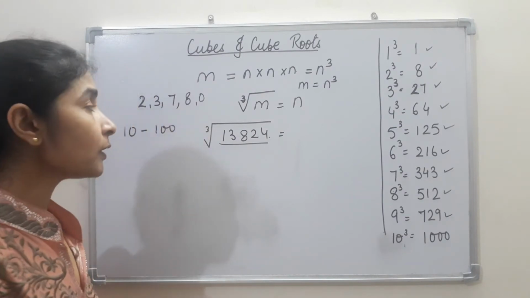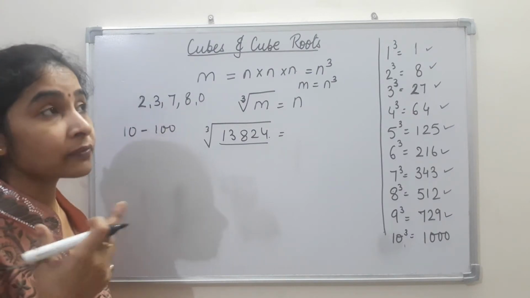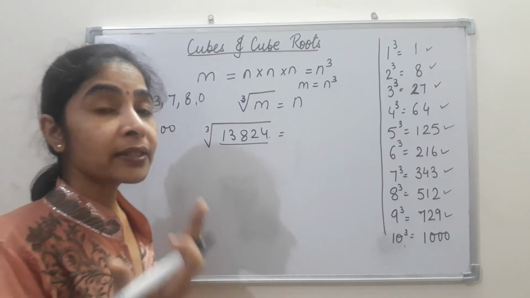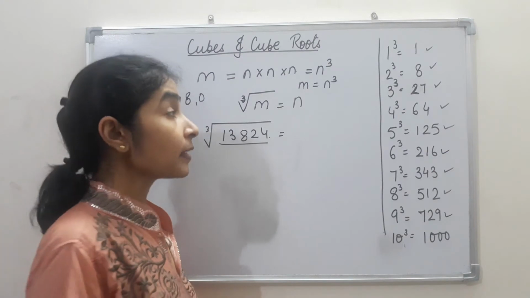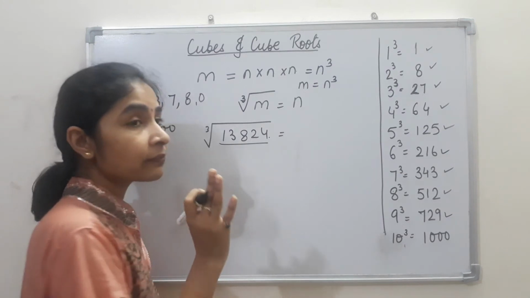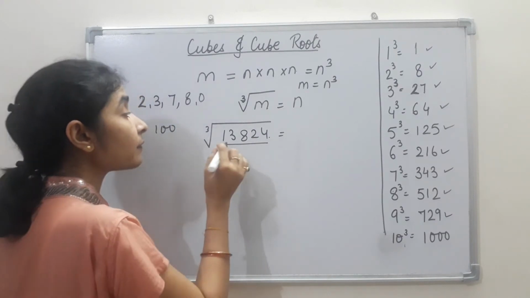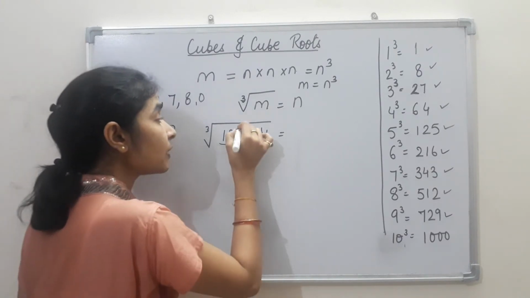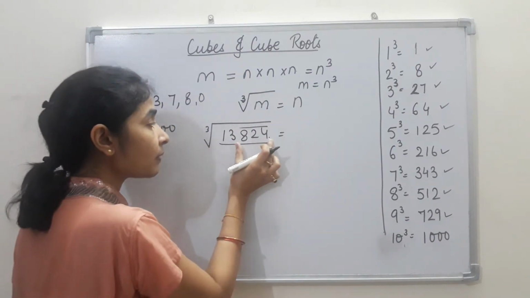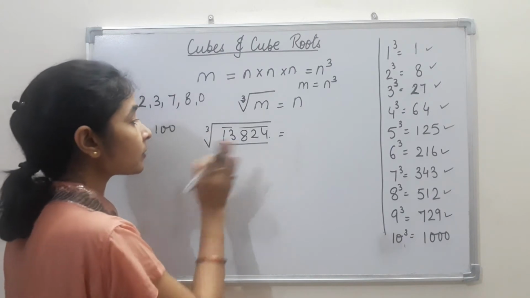In that method, what do we do? Just by looking at the number, as we used to do in squares and square roots, we used to see the last digit and say what would have been the units place digit in the square root of this number. Now, here we are supposed to find out the cube root of this number without doing the actual calculation. We'll divide the number into groups of 3. But here we are having one group of 3, and after that only 2, so let those 2 remain in one group and these 3 in one group.